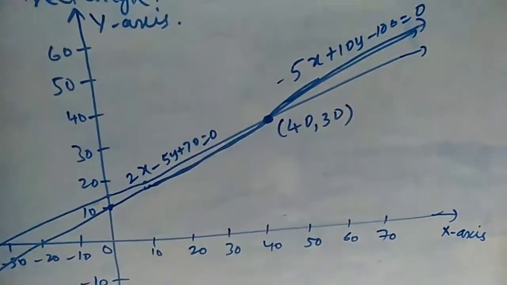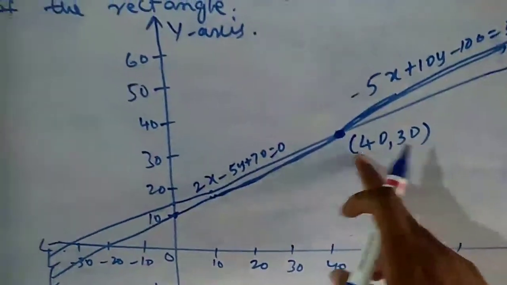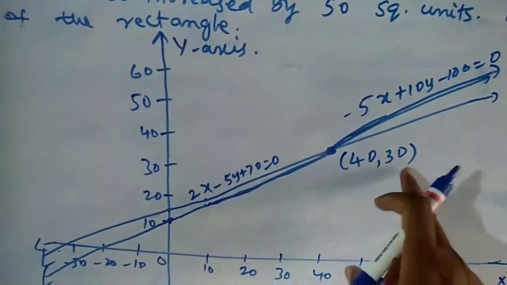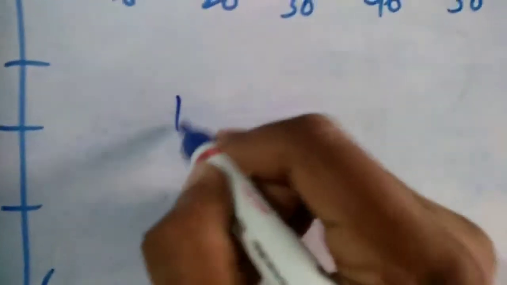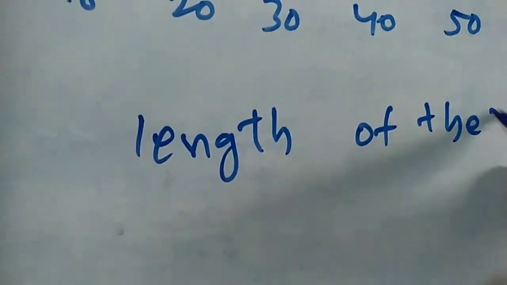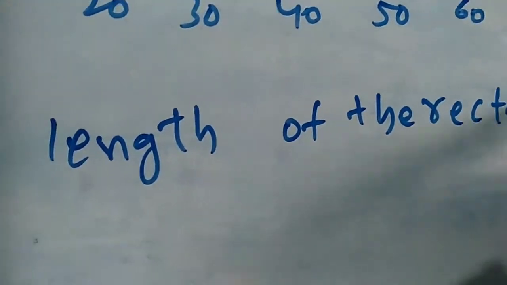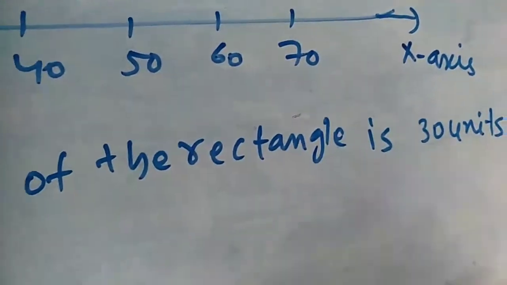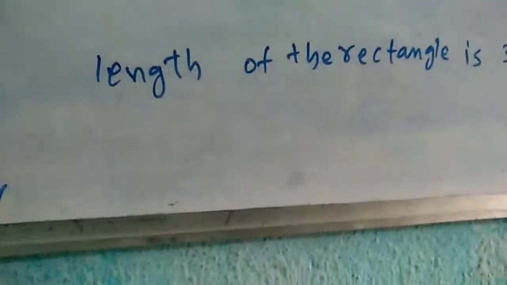Okay, so 40 comma 30 means x value is 40, y value is 30, that means length of the rectangle is